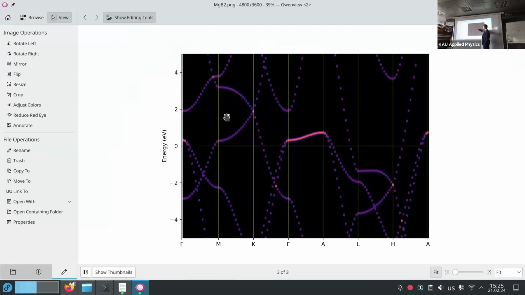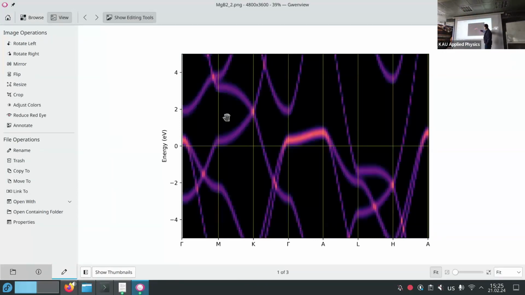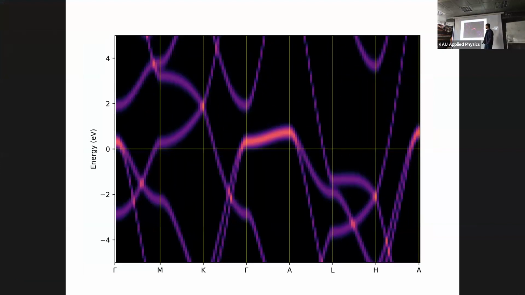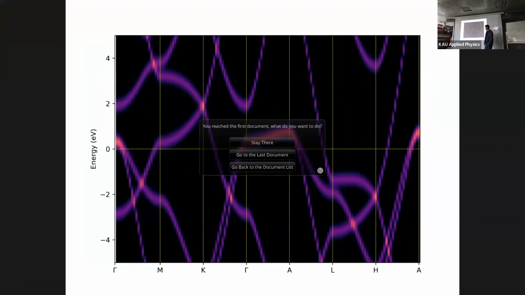So this is with the Gauss 0.005 Rydberg. So it's lower broadening of the spot. And now you can go to the next. We see that when we increased it 4 times, it became more broadened. So that's what the Gauss makes. I explained to you this mythical parameter, the Gauss, and now you see what it does. It broadens our lines, and it became more like some ARPES calculations.